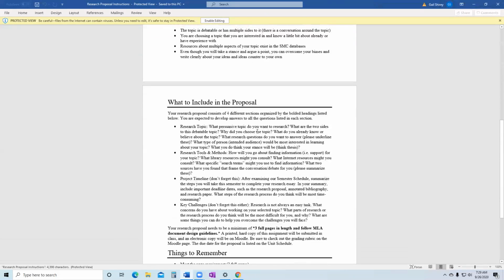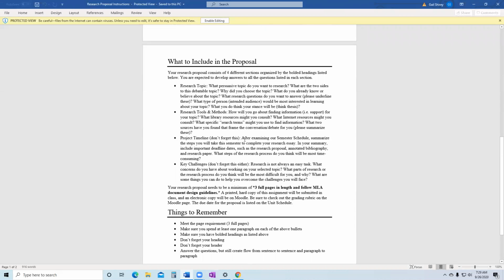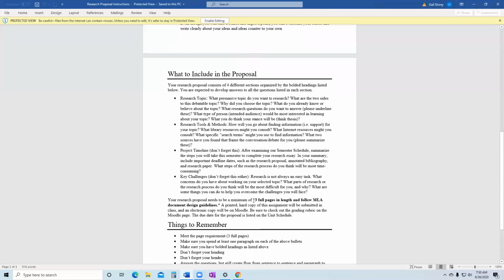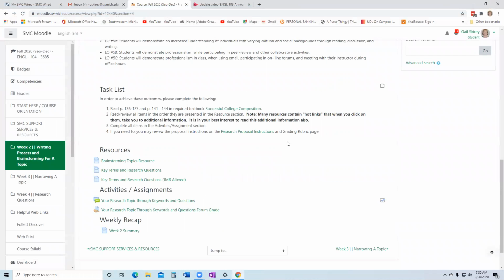If you notice, this is what I'm talking about in the proposal that you're going to be writing. This is what you're drafting this week. These 4 sections, and I want them to have bolded headings. And then of course these are items also. So the MLA requirements, in addition to 3 full pages, you have to have each of these fully developed, and just some reminders there. These are the items that you must include in those sections. So go back and review. If you have questions or concerns, certainly you may reach out to me on that.